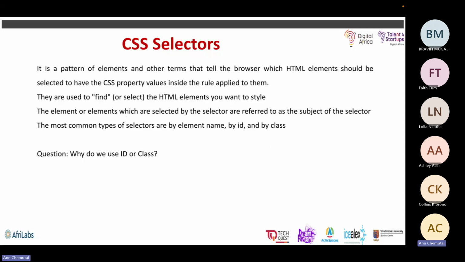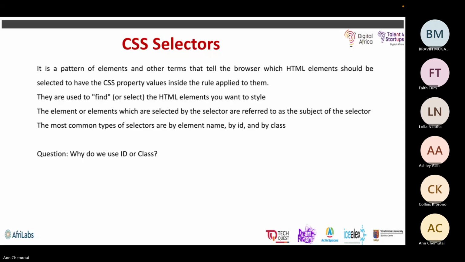So when you use the paragraph as it is right now in our code, we are referring to all the paragraphs in our web page, right? So by element name will be anywhere we have a paragraph in our website. We can give it some effect. The best way to use elements is when you want to have uniform color throughout your website or uniform